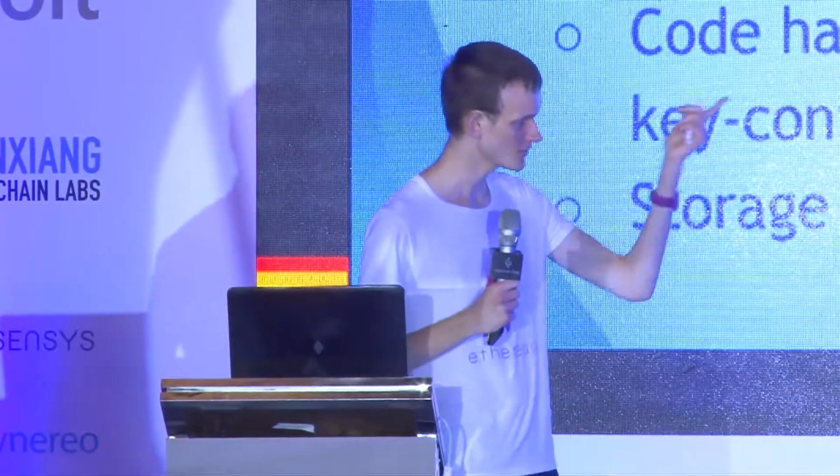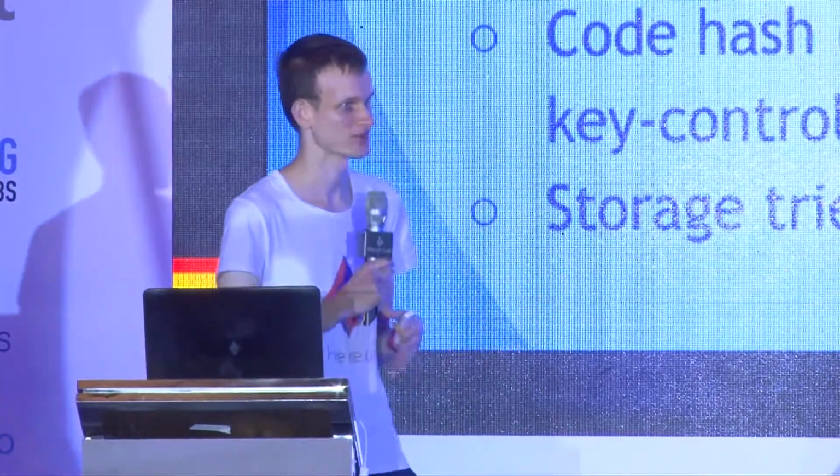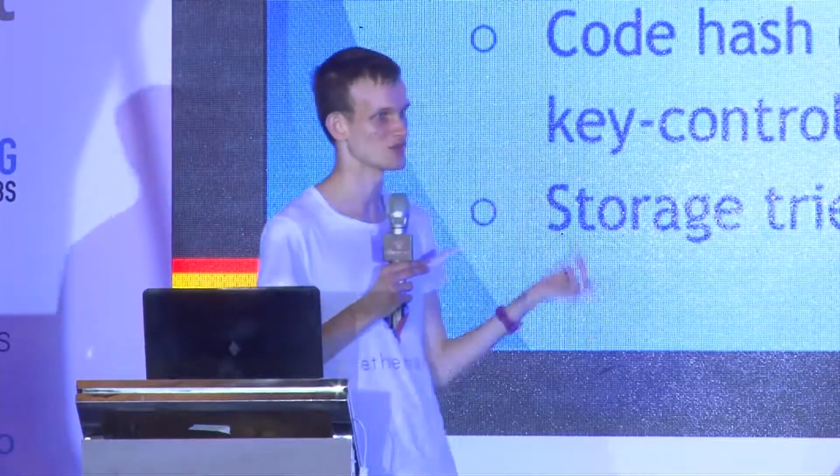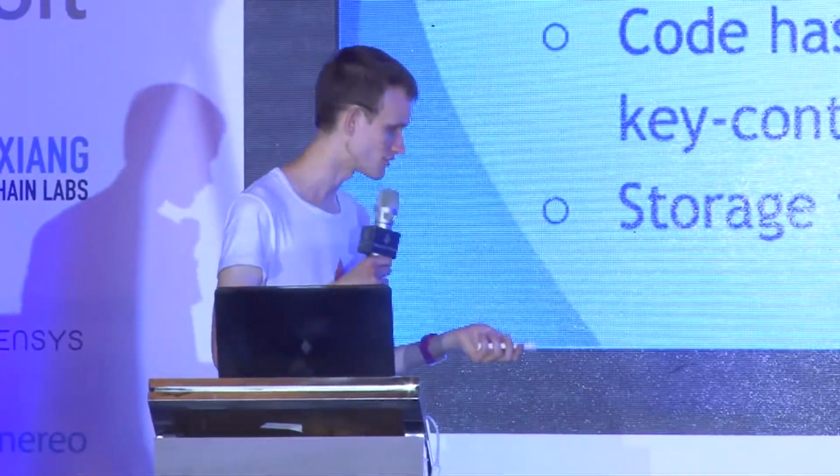The third thing is the code. And the fourth thing is the storage tree root, which points to the storage of that particular contract. Every contract has its own sub-database that it can read and write to as it wishes. Contracts cannot write to other contracts' storage databases. A contract's storage is its own property. Only the contract can read and write to storage that belongs to itself.